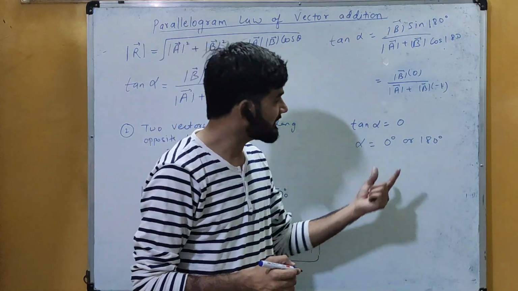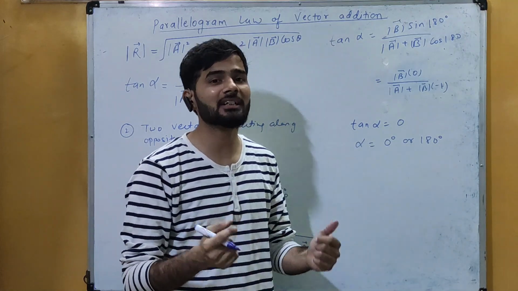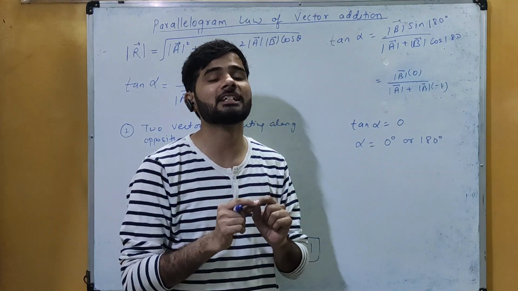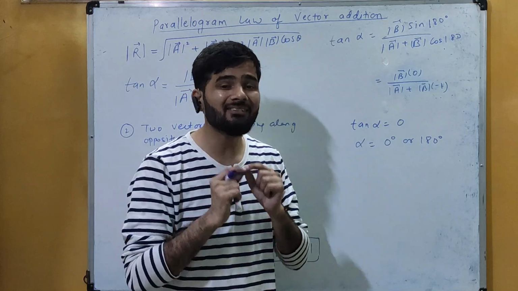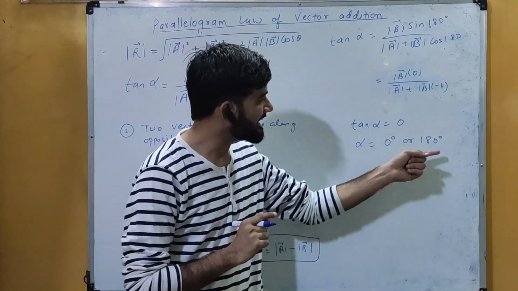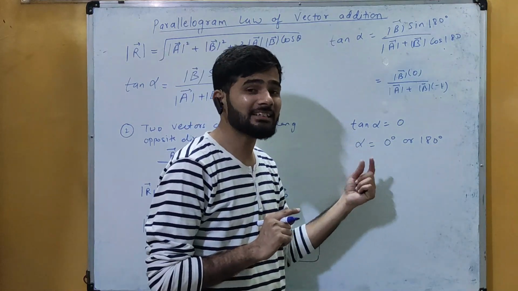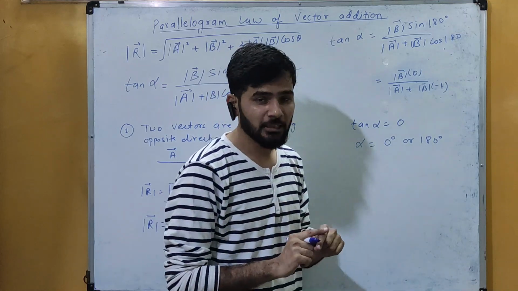Now why have we written 0 or 180 degree? Because we have seen that the resultant of two vectors, when they are acting in the opposite direction, will be along the direction of the vector which is bigger in magnitude. तो जो बड़ा वेक्टर है उसका डायरेक्शन ऑपोजिट भी हो सकता है. So when the direction is opposite, in that case theta will be equal to 180 degree. So here this angle is 0 degree or 180 degree with respect to the vector A, because when we are finding this